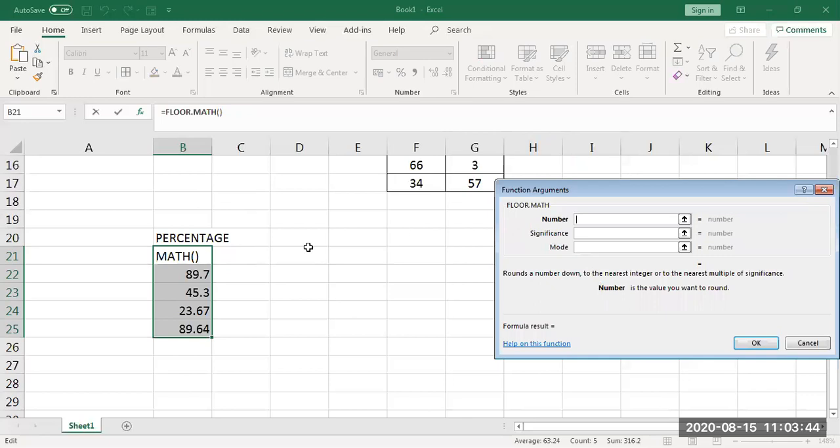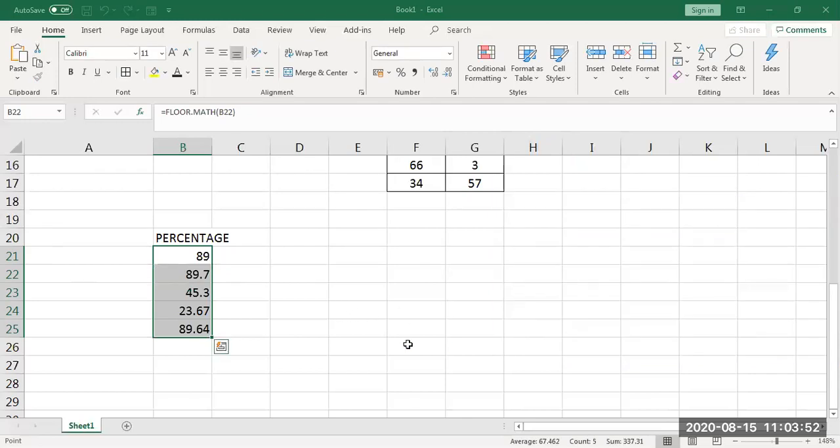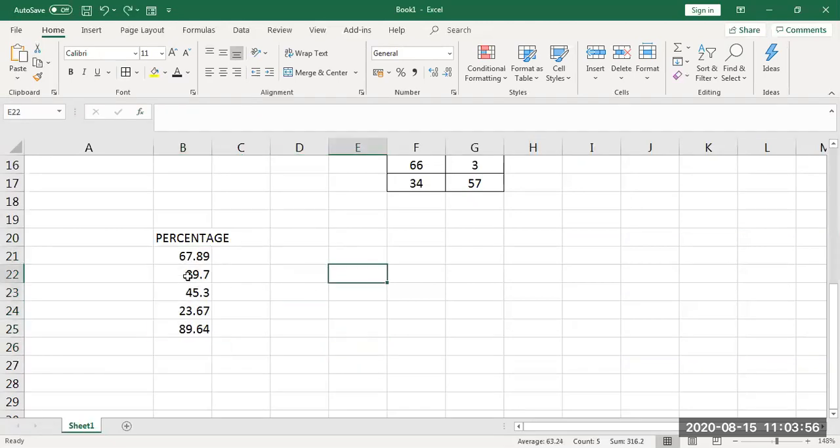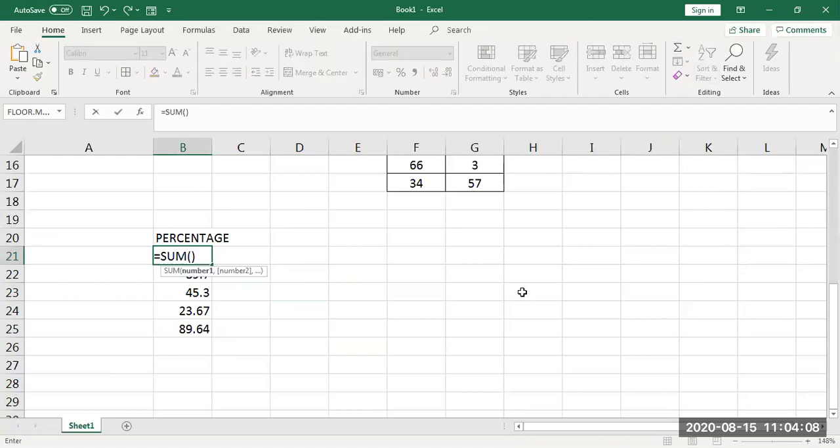Select a value and give the number for which you want the floor value. Okay. See, select a value. These are the values available. This 67.89, I want to round off. Okay, select it. Go here, not sum.